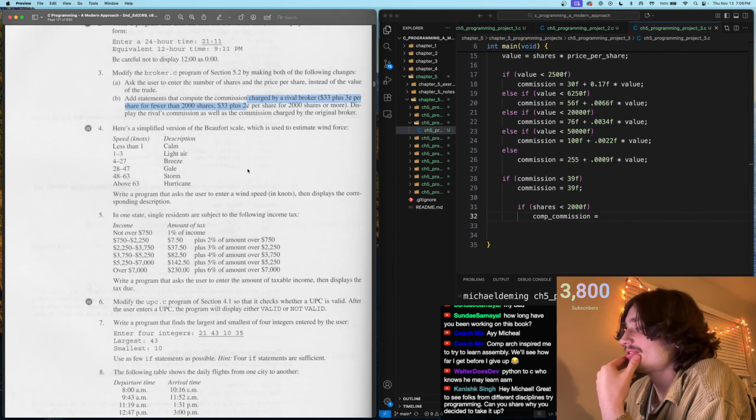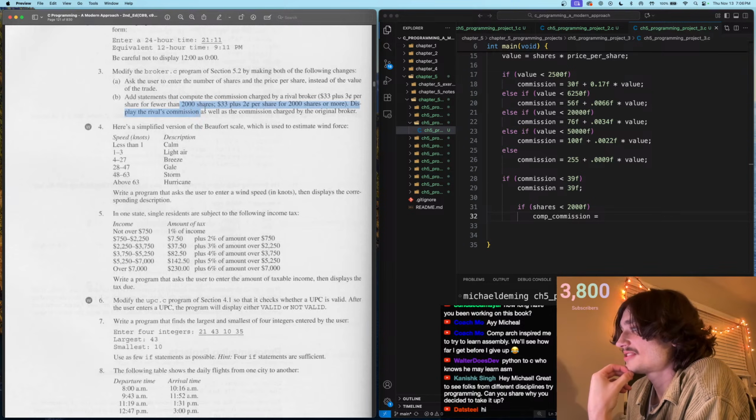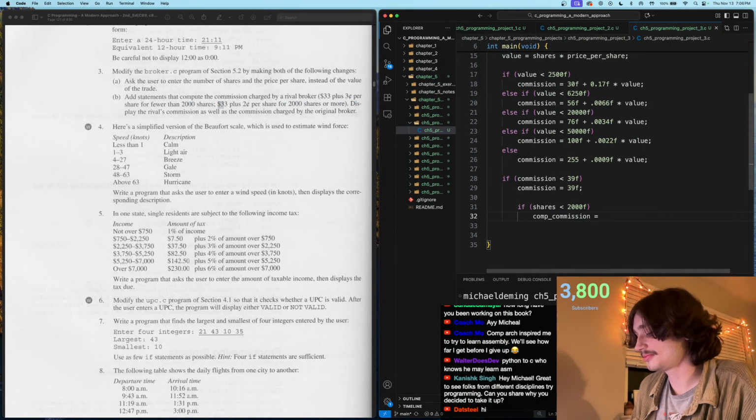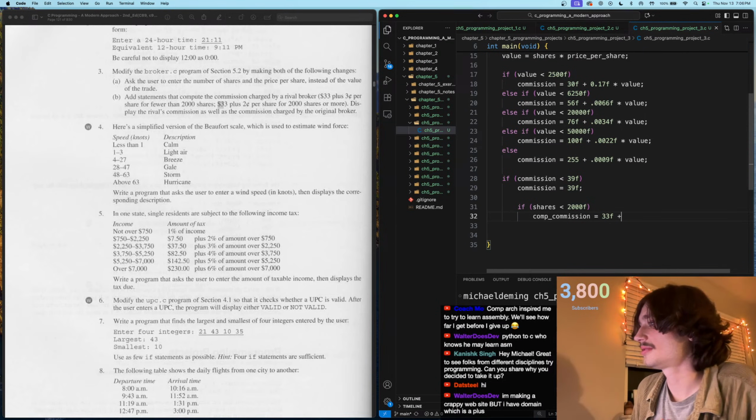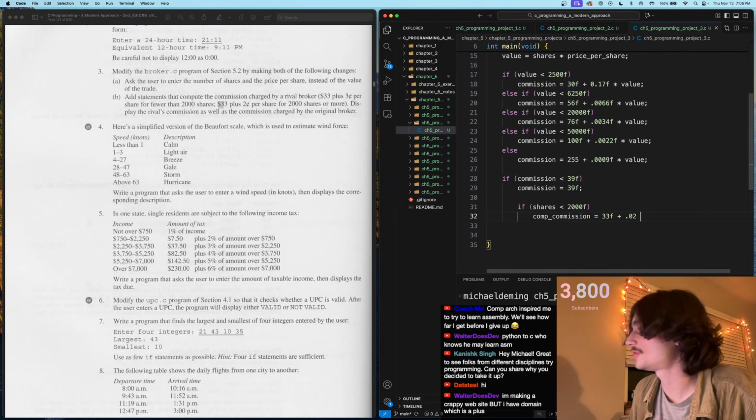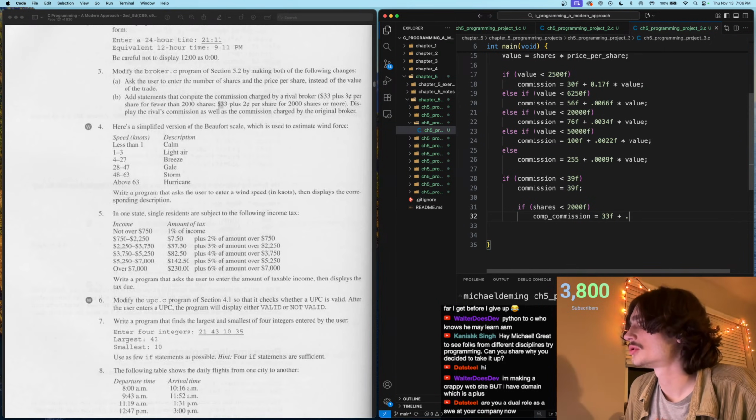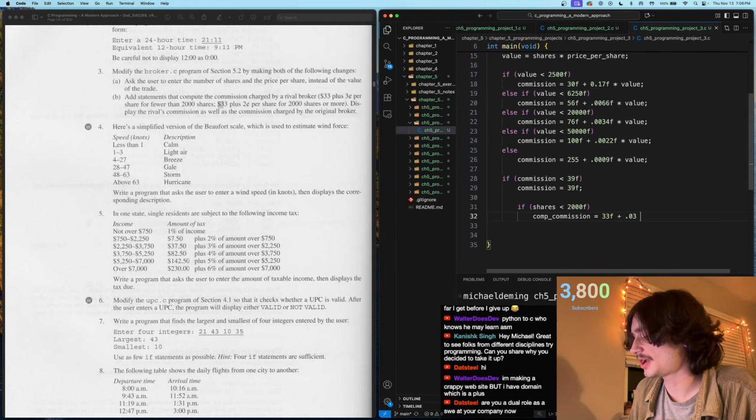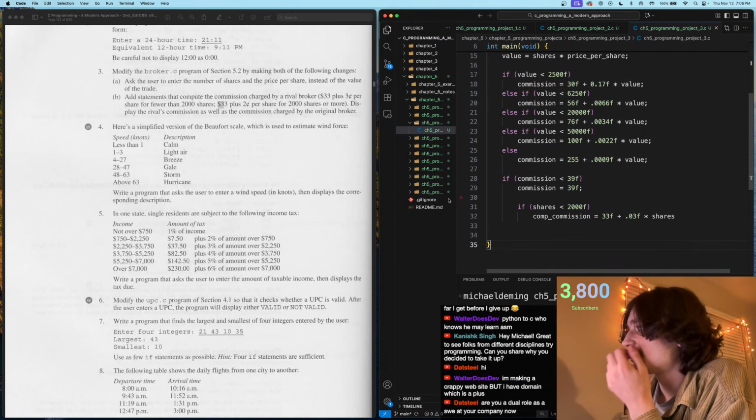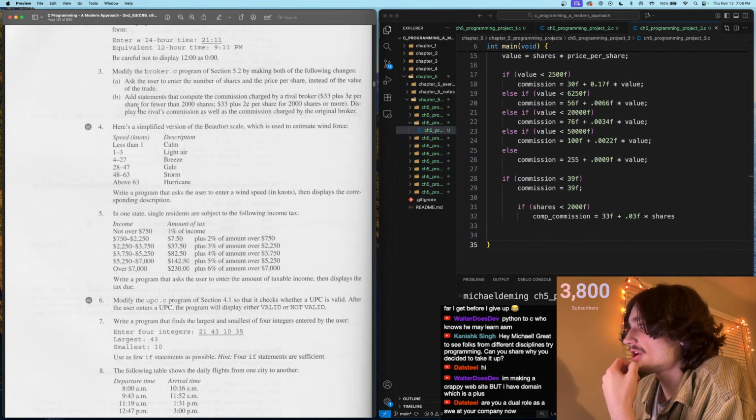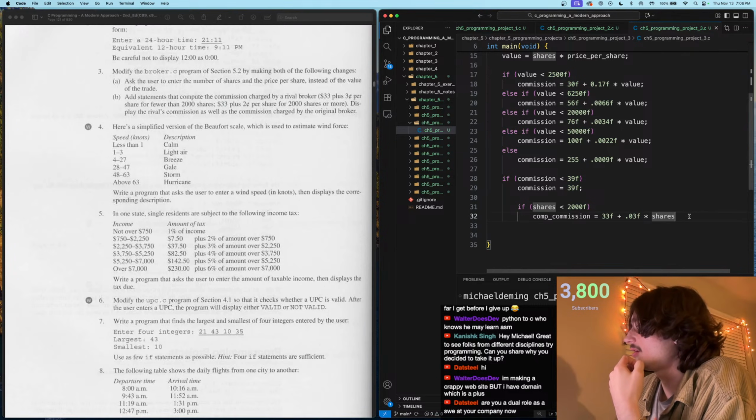So the comp commission for less than 2,000 shares is $33 plus 3 cents per share. 3 cents times the number of shares, right? So 0.03F times the number of shares. And then